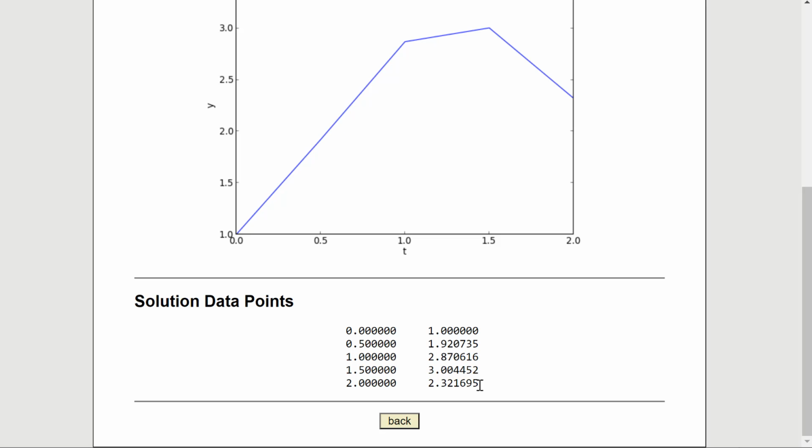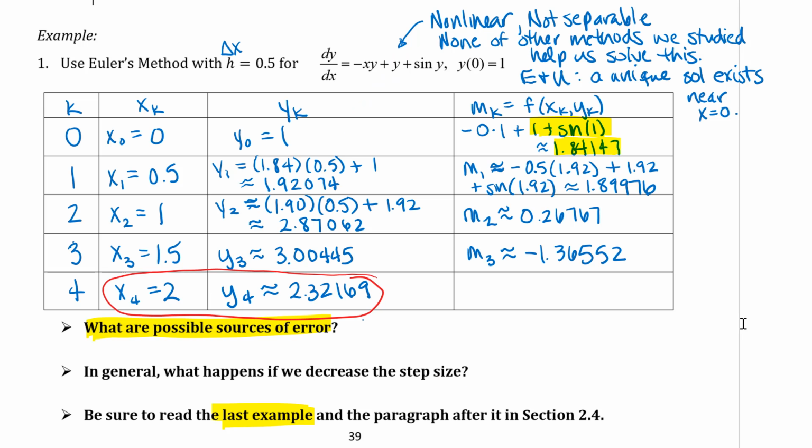All right, so we'll use that, and then we'll use some of the other features on here as well to examine other numerical methods. You can use lots of different apps. There are lots available on the web, but I really like this one because it does all the 3 that we study, and I like that it outputs both a graph and the data points that we've got from our numerical method. Okay, so let's go back to the notes here and talk about these things here at the bottom